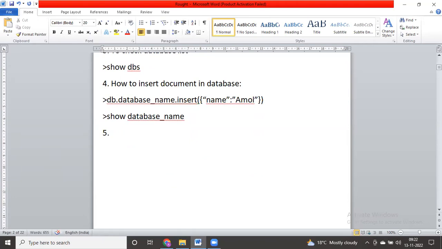Fifth syntax. Now after creating the database, the next operation we have is how to drop the database. Okay, how to drop the database. Now if I want to drop a database, how will we do it? What is the syntax for that? So basically the syntax to drop the database is that